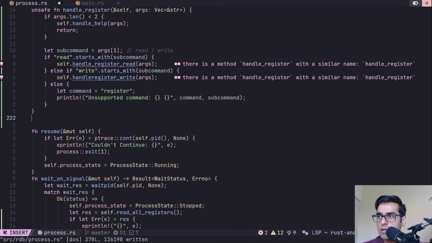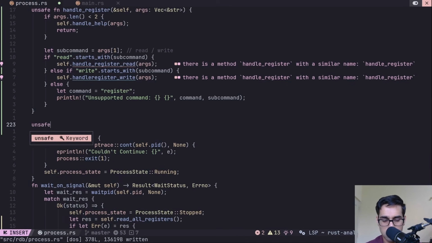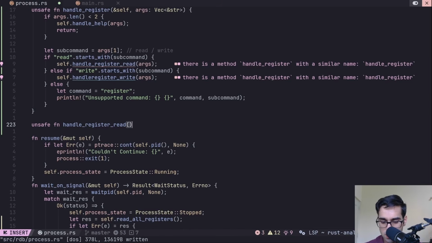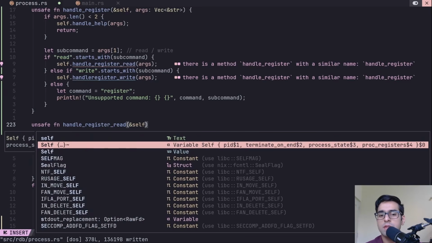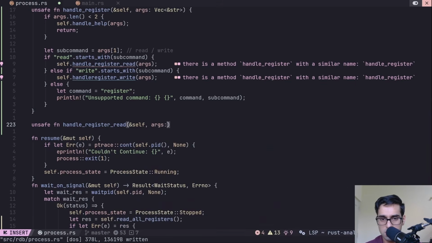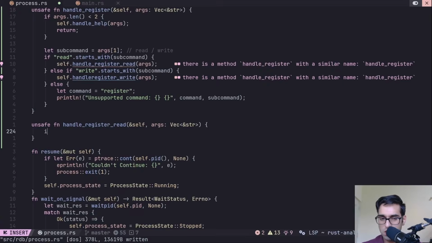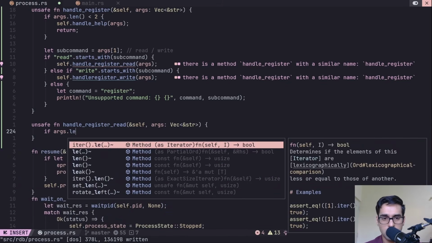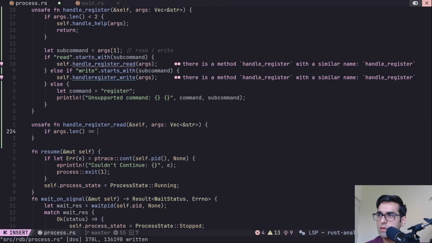All right, so this is again going to be unsafe fn handle register read, and it's going to take self and then args again, which is just a vec of str. Maybe I should be copy pasting this stuff. This is quite boring, but anyways, if args dot len is equal to 2,